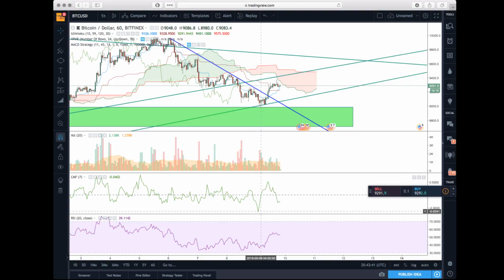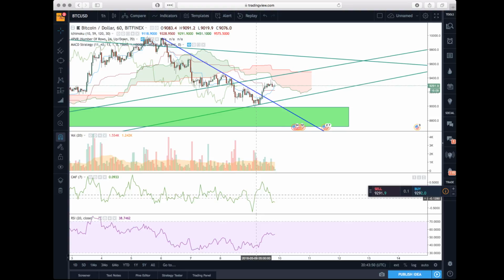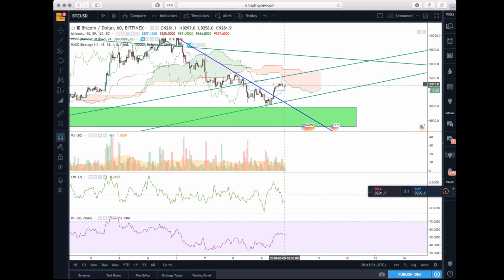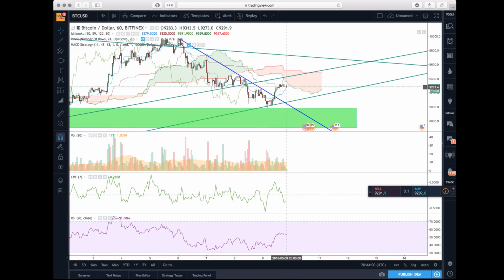if you see here what was happening on the CMF, we had this sharp spike, and it was all the way up here actually when I was talking about that. So it was pretty obvious to me that we were about to see this nice strong bounce, and now you can see we've gotten a little weak bullish TK cross